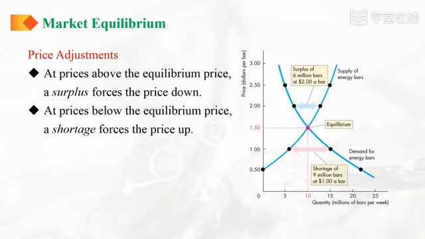Some producers, unable to sell the quantity of energy bars they planned to sell, cut their prices. In addition, some producers scale back production. As producers cut, the price falls towards its equilibrium. The falling price decreases the surplus because it increases the quantity demanded and decreases the quantity supplied. When the price has fallen to the point at which there is no longer a surplus, the force moving the price stops operating and the price comes to rest at its equilibrium.